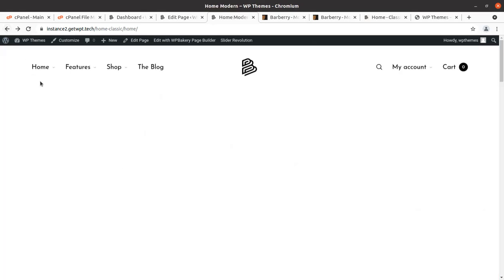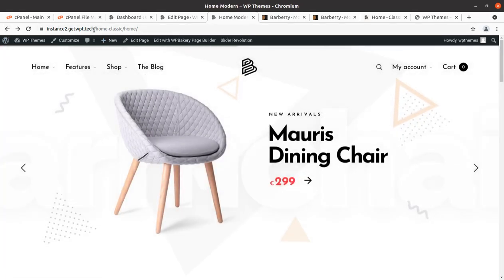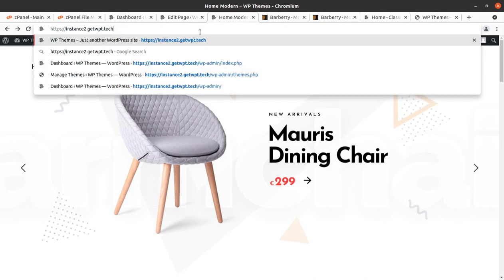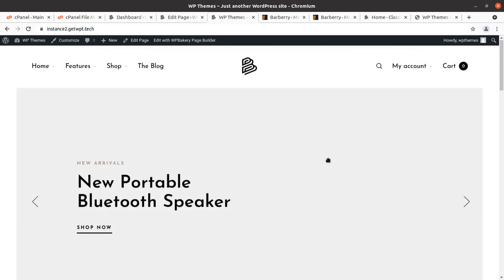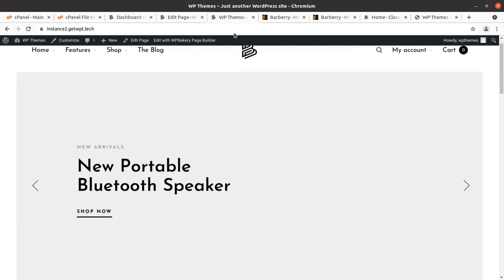Okay, so I was saying how to upload the image, just in case you are willing to use this slider only.